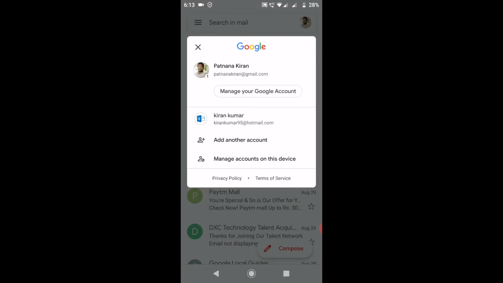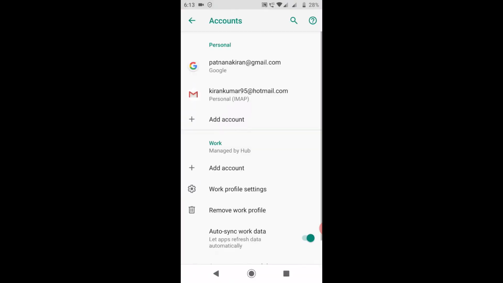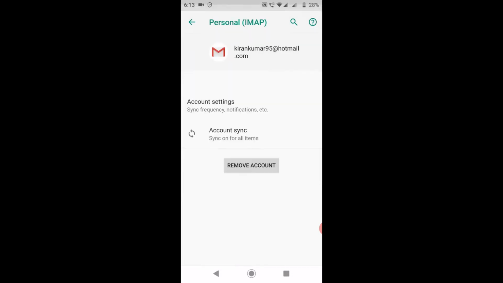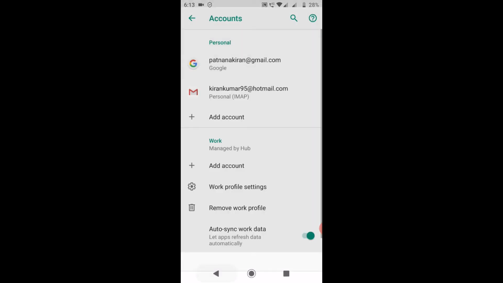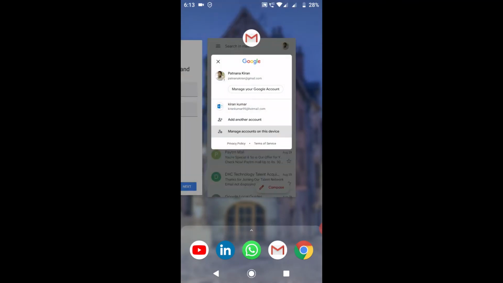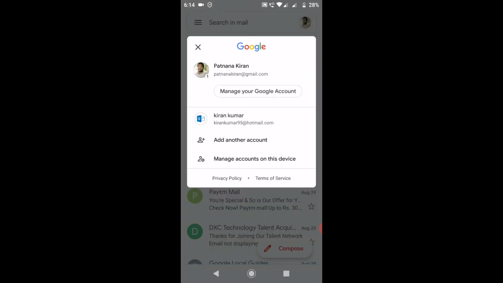Click on it. Now you see two mails attached in my application, one Gmail and another Hotmail. Click on Hotmail. Here we have the remove account option. Click on remove account and the email will be removed. Now you can access only the Gmail account.